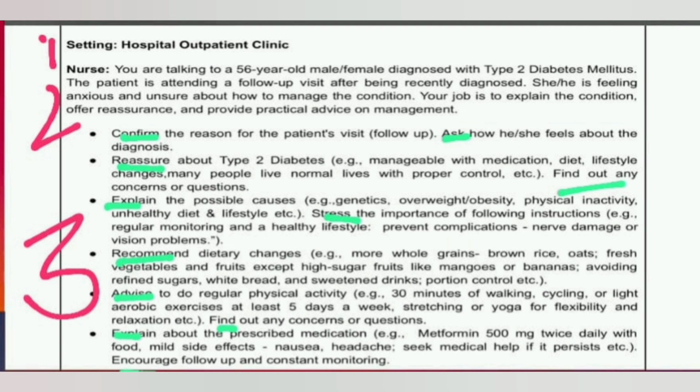Okay, so at last then we say, I hope as a nurse we are giving some suggestion to the patient, so we can also ask, will you follow my suggestion? So if the patient replies yes, we can say thank you for following, accepting my suggestion. Okay, so like this we have to, and at last it is very important to summarize the whole play.